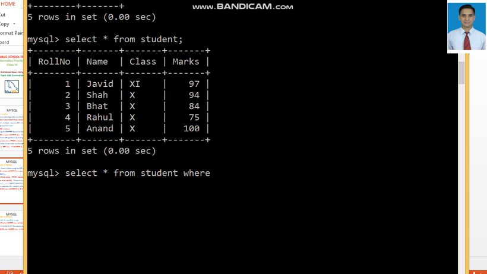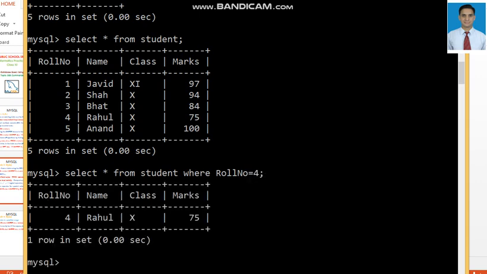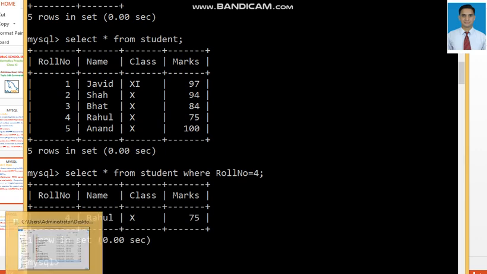Where is a clause which is used for filtering purposes in MySQL, where roll number equals, for example, 4, semicolon, enter. Then only that particular row will get fetched and displayed using a where clause. This is called filtering.